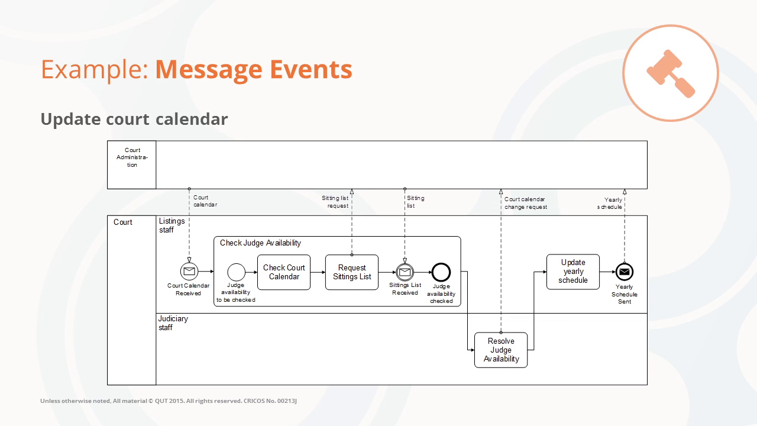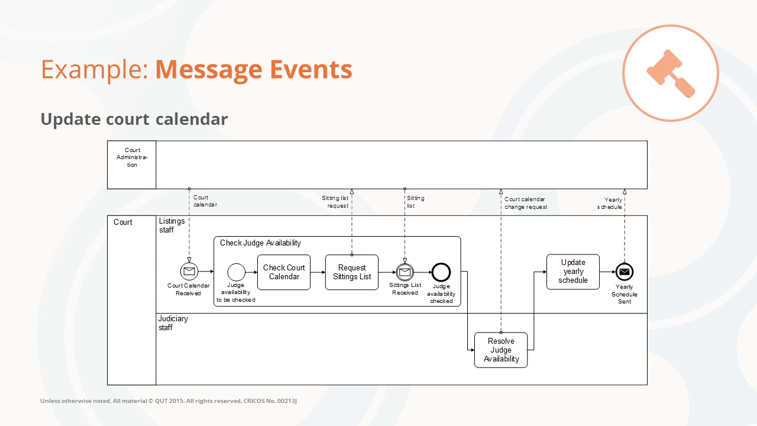Let's consider as an example this model which captures the process that takes place between a court and the court administration for the scheduling of the court calendar. The process starts upon the receipt of the court calendar by the court listing staff, who checks the calendar and requests the sitting list from the administration. Once the sittings list is received, the judiciary staff resolves any issue with judge availability. Then the listing staff can update the yearly schedule, upon which the schedule is sent to the court administration and